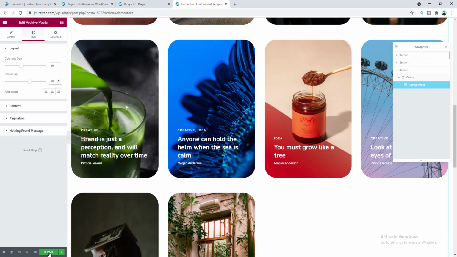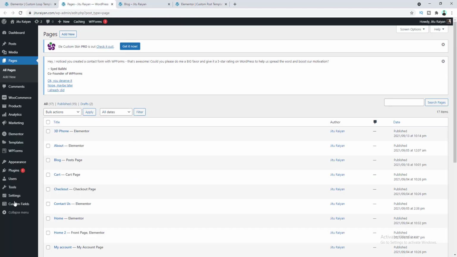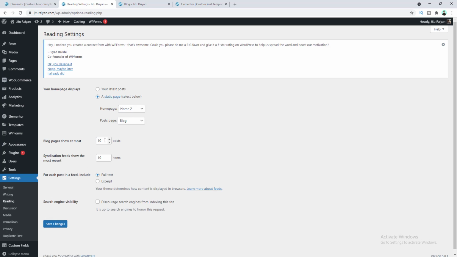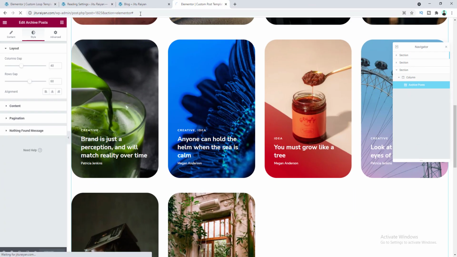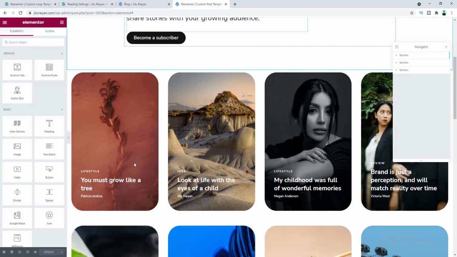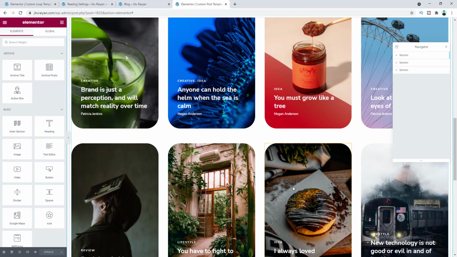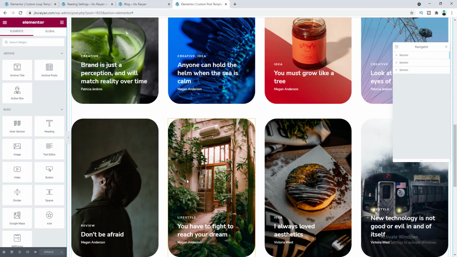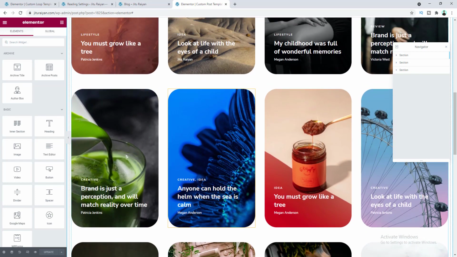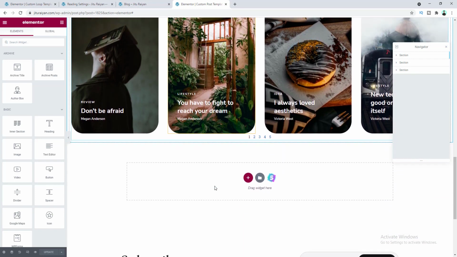So for this, let's first of all save this, and we need to set that from our dashboard. So under settings, if we go to readings and make this option 12 and click on save. Okay, now if we refresh this page, here we can see now our 12 posts. Okay, now we will add the hover effect for each of our blog posts, but before that, here I want